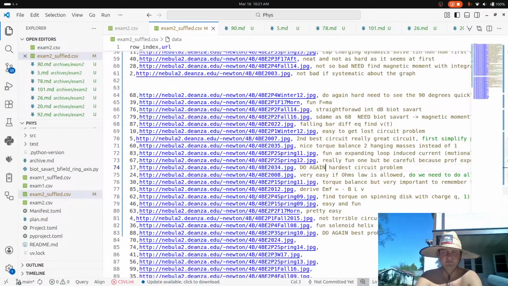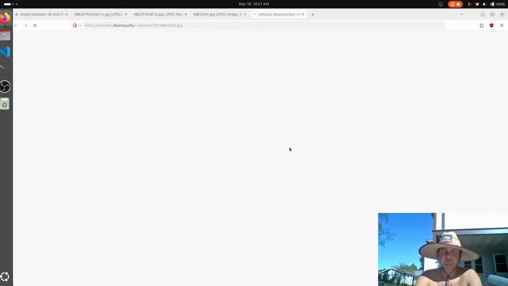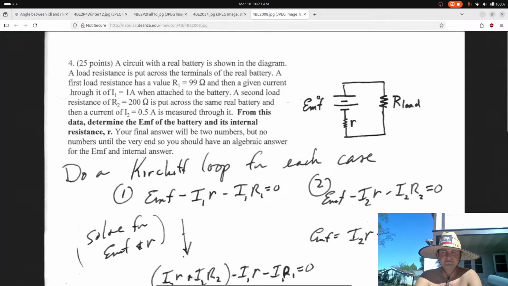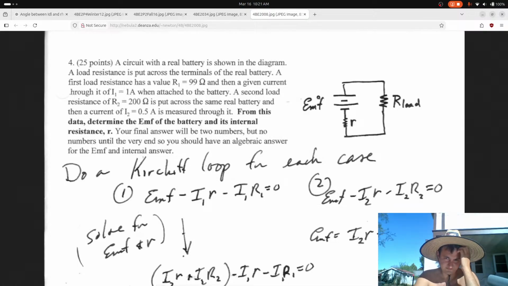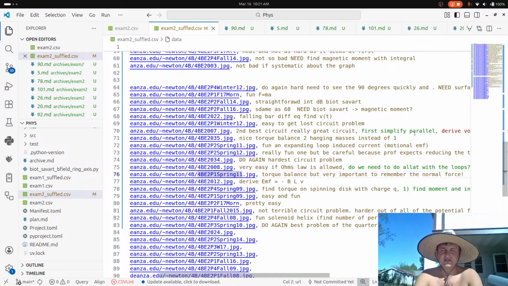Okay, not bad, not bad, not bad. Let's see. This one was weird, I think. Oh yeah, you just use Ohm's law twice. I never understood why he did it as hard as